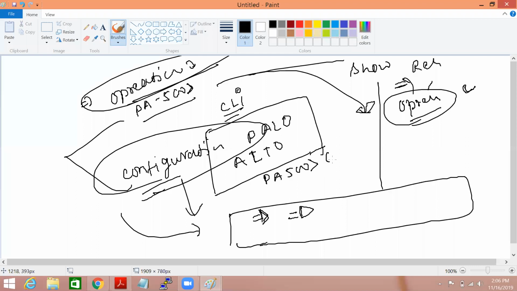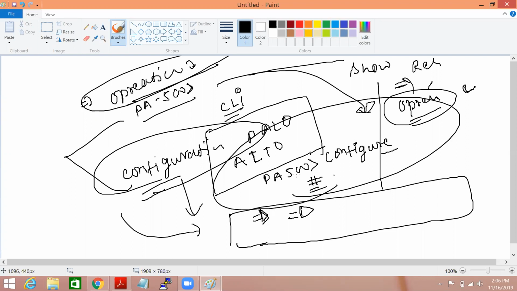You have to mention the command configure. Once you do, you get the configuration mode and the symbol changes from greater than to hash. So it shows you are now in configuration mode, and you can perform every change from there.